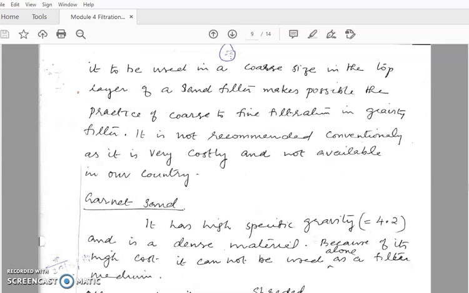It is not recommended conventionally as it is very costly and not available in our country. That means this anthracite coal is of low specific gravity. That means its weight, it will float in the